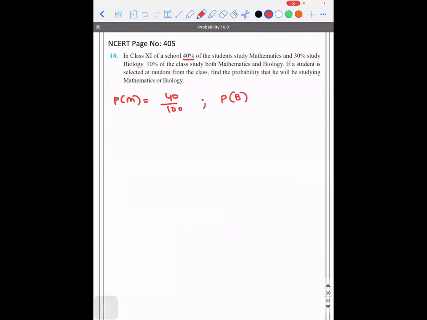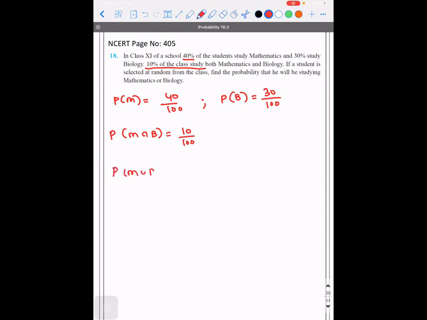Probability of biology is 30%. And 10% of the class study both mathematics and biology. So probability of maths and biology is 10%. If a student is selected at random from the class, find the probability that he will be studying maths or